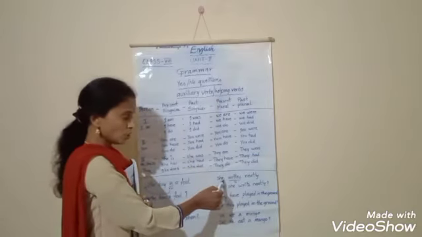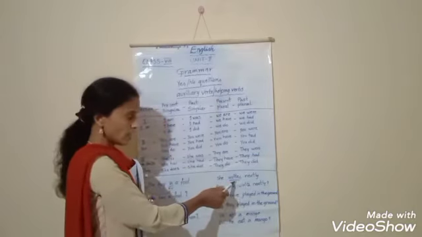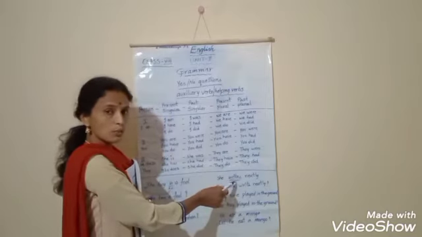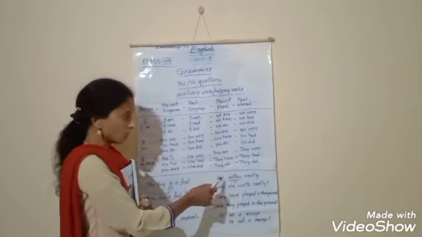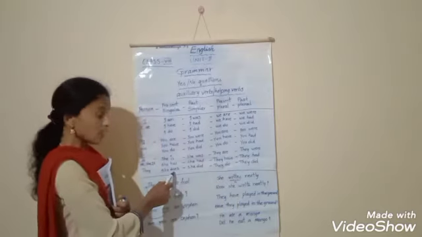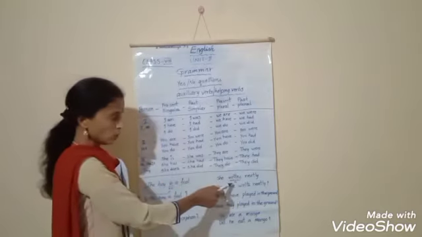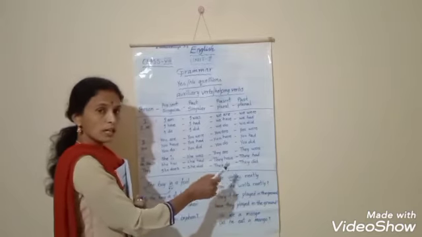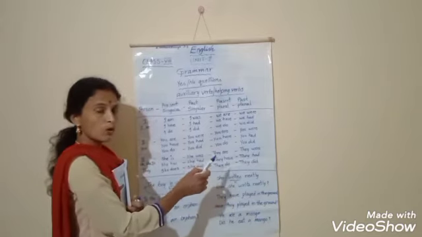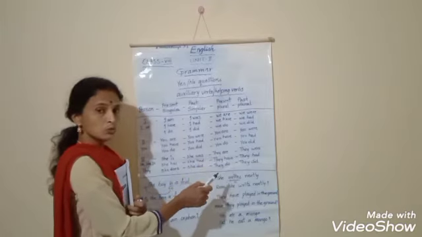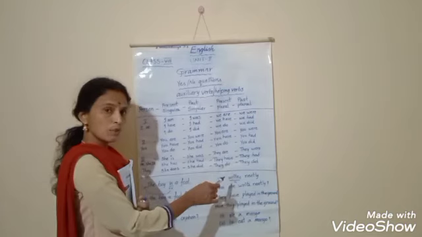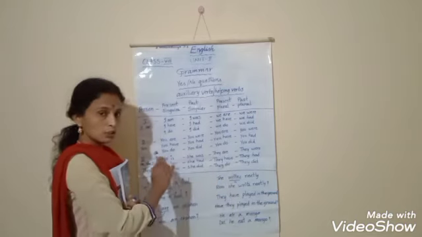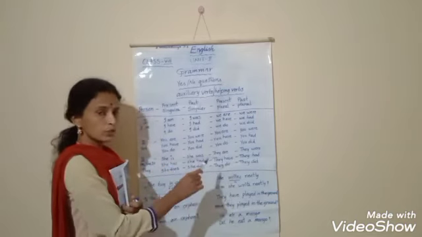So here it is. She writes neatly. Here, writes is a verb, and this verb is in present form, right? And what is the present do form for third person? Yes, I told you that, does. So whenever you do not find any auxiliary like is, am, or have, we use the do forms according to the verb. If the verb is in present form, we use do or does according to the person. If it is past form, we use did.